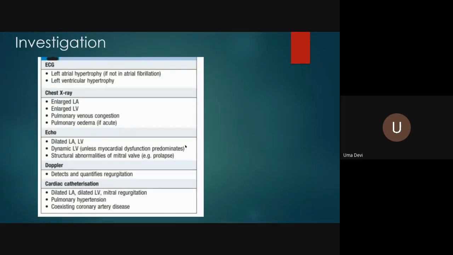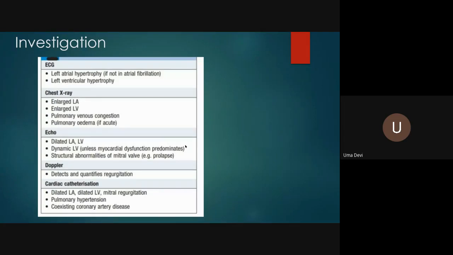So now we have confirmed the diagnosis of mitral regurgitation, whether it is associated with congestive heart failure, whether there is atrial fibrillation, and then we are going to look for complications, whether there's infective endocarditis and all that. We are going to confirm. Your diagnosis should have all that.